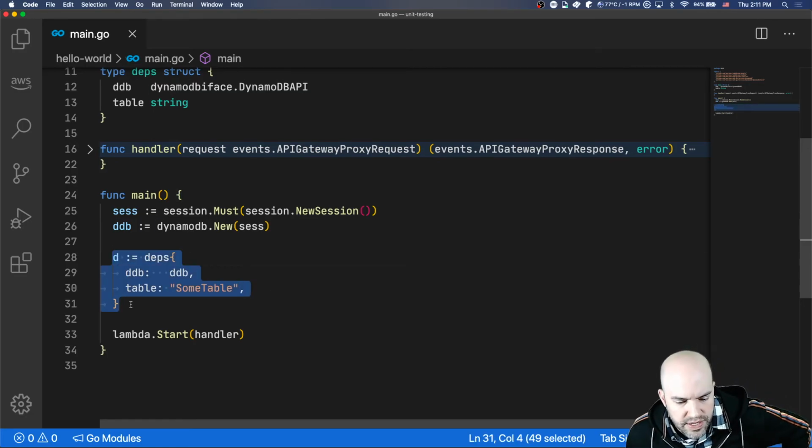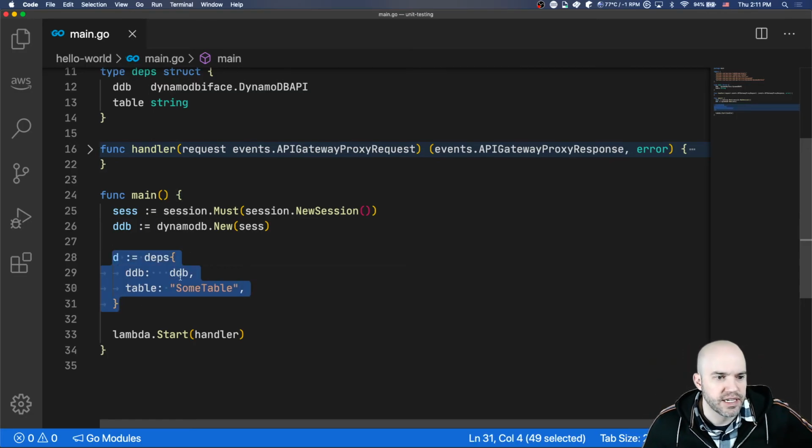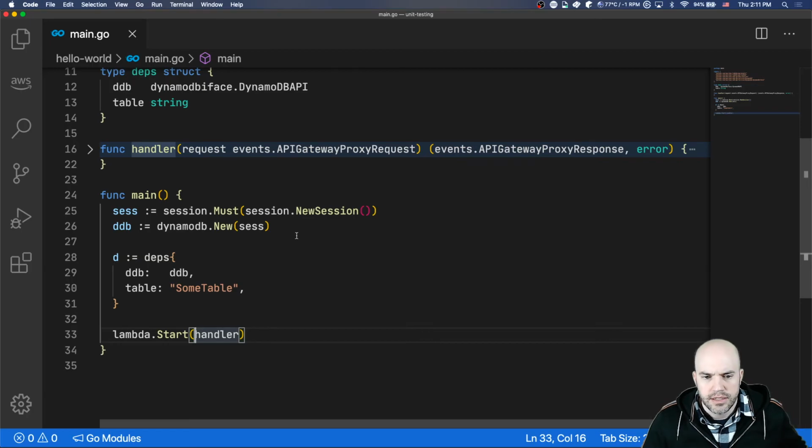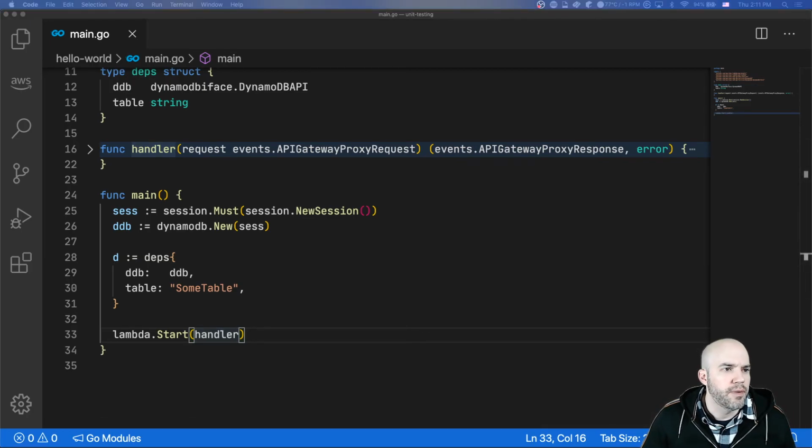Okay, great. So we've made these dependencies, but so what? Like, it doesn't do anything for us. We still don't pass it into the handler. To do that, we need to go back and address the concept of receiver functions in Go, and specifically pointer